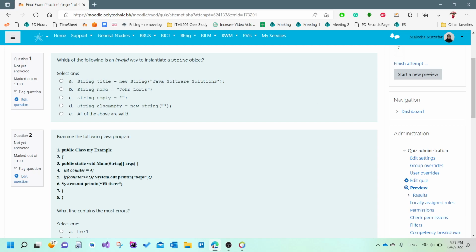The first question is, which of the following is an invalid way to instantiate a string object? Among these 5 or 4 lines of code, which one is going to be invalid? One way of solving these kind of questions is that you copy all the lines of code, paste them in NetBeans, and see wherever you get an error. That would be the invalid one. In case you don't get any error in this case, the correct answer would be all of the above are